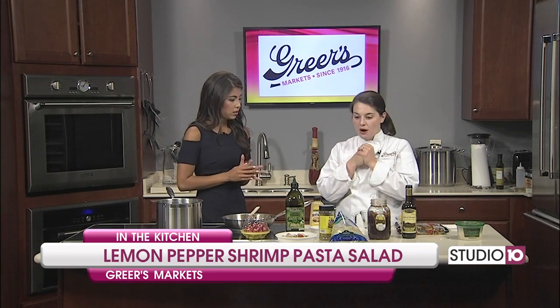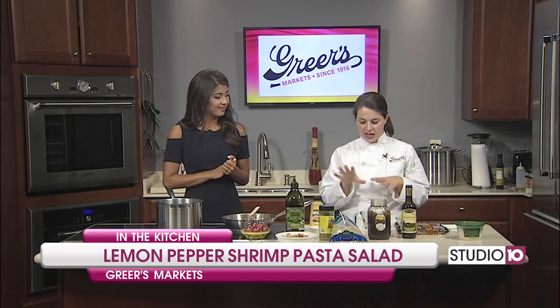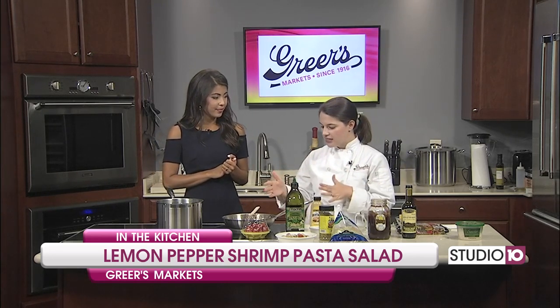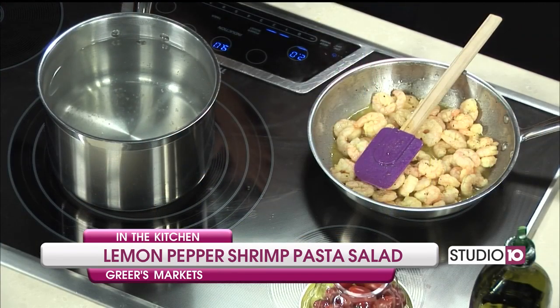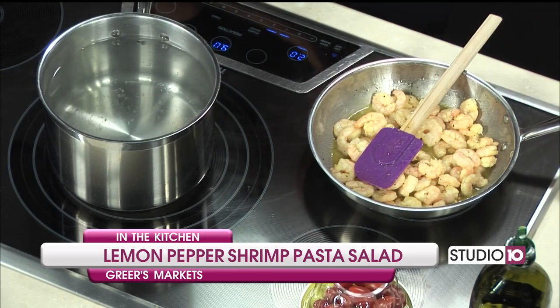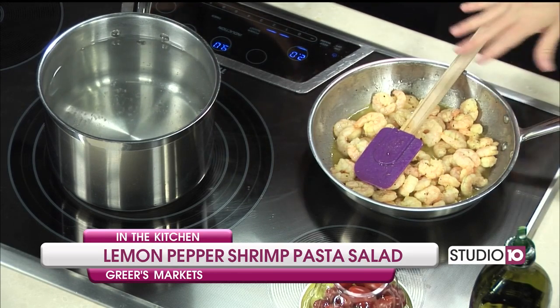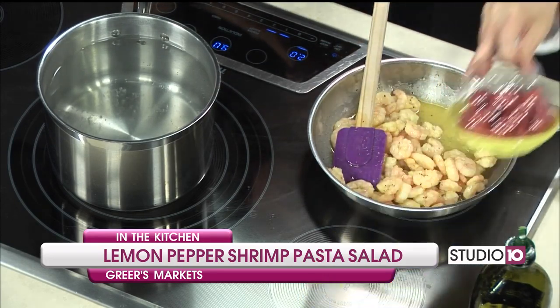Now if we have some friends tuning in, what is this recipe and what have we done so far? Okay, we are making a shrimp pasta salad. Yum. And we're gonna make a lemon vinaigrette here in just a minute. What we've already done is we started with about a tablespoon of olive oil in this pan, and we added our 1 pound of shrimp and a teaspoon and a half of lemon pepper. So we have just cooked that for about 5 minutes,